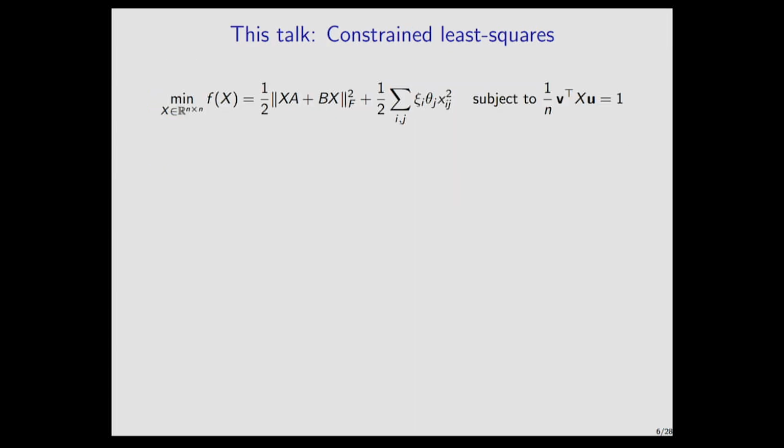Okay. So what I'm actually going to talk about in this talk is this particular problem here. It's a constrained least squares problem. I want to minimize an objective function. That's this xA plus Bx kind of thing that you saw earlier, squared sum in this case. I'm going to add to this a ridge penalty, and subject it to a linear constraint so that the solution is not trivially at 0.